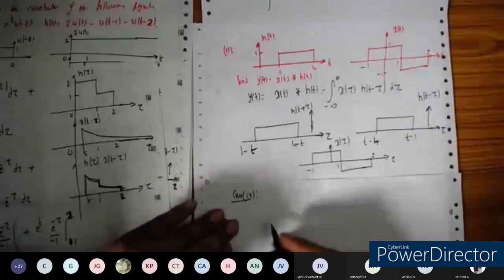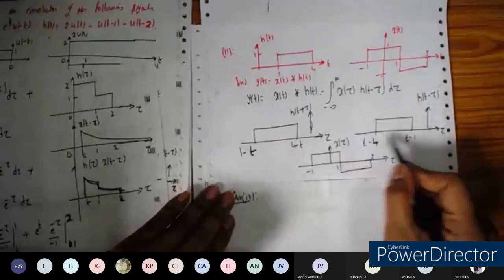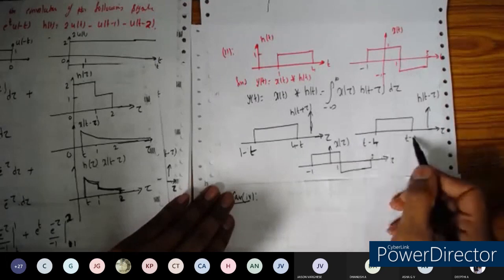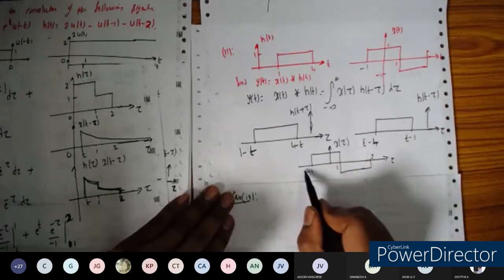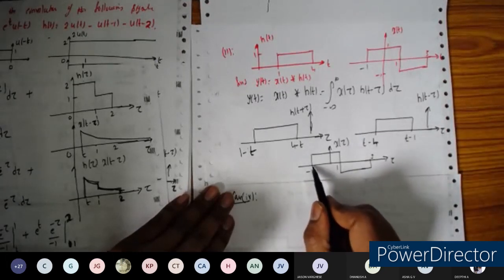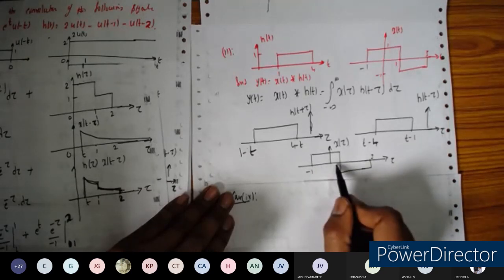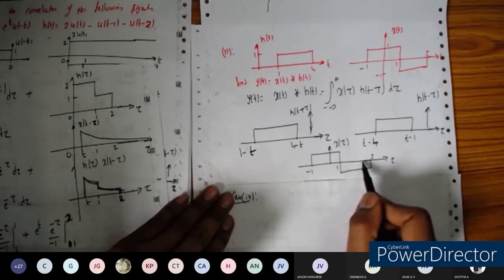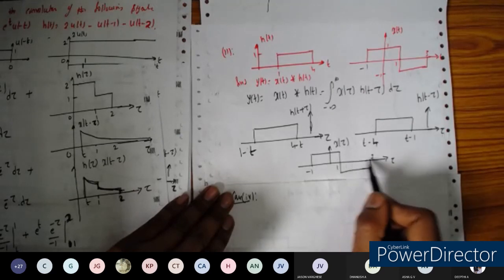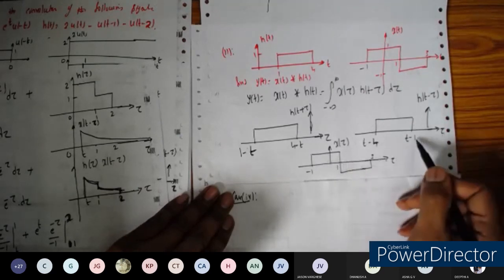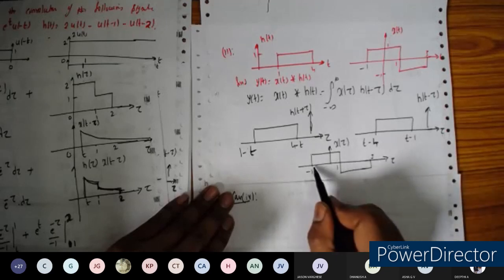Okay, fine. Now let us take case 4 here. So this is t minus 1. Already we moved t minus 1 greater than 1 and t minus 4 less than 1 here. Now I can take t minus 4 between minus 1 to plus 1. So t minus 1 will take values greater than 1 only, less than 3. So t minus 1 is less than 3 and t minus 4 is between minus 1